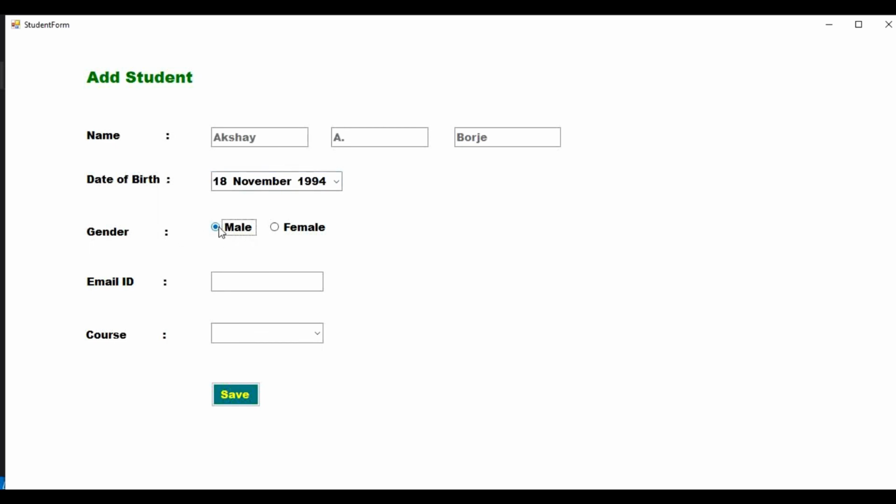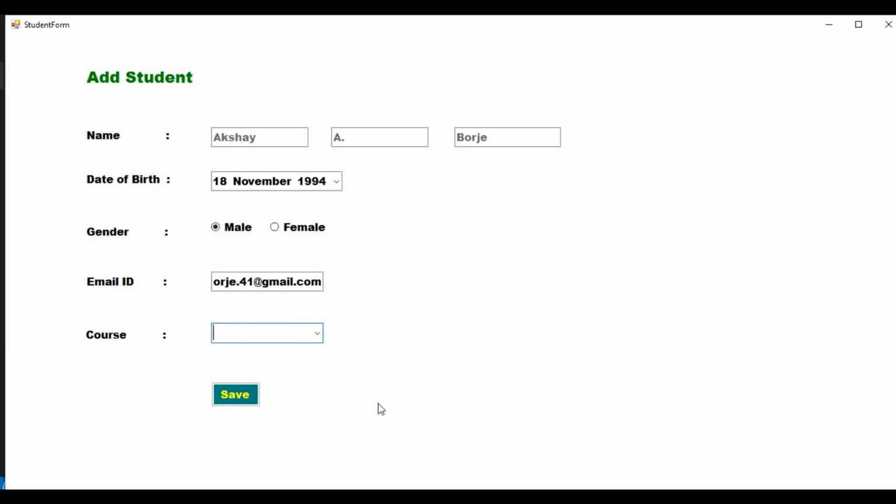I can select this radio button from here, male. Let's say I put my email ID here, akborje.41@gmail.com, and I can choose courses from here. For now there are no courses, so how can we add courses into this combo box, and how can we save this data to the database?